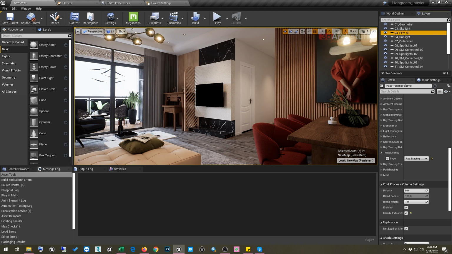So if you use ray tracing reflection and translucency, the whole scene reflection and translucency will be like in natural real world, and then the scene will be looking even more realistic and amazing because the GI is perfect, and then reflection is perfect, no more rasterization, and then translucency is perfect, no more rasterization.